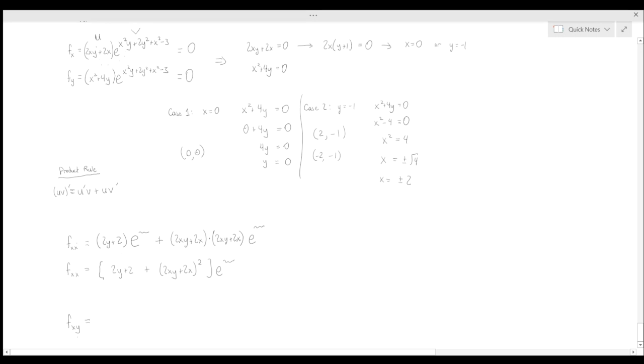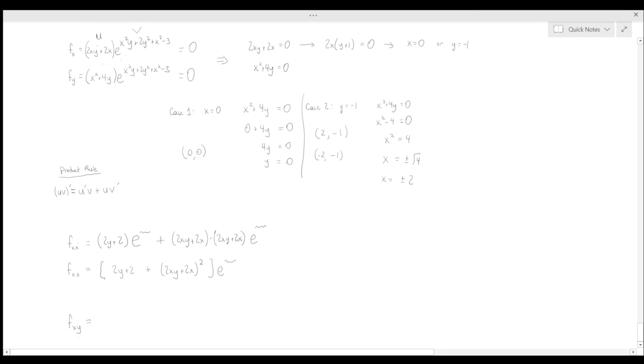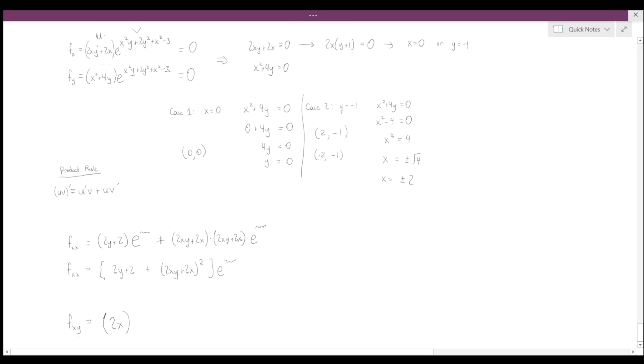We're going to do u prime, which is now going to be u, but with respect to y. Okay, so that's going to be 2x for u with respect to y. So that's my u prime. And then I'm going to do times v, so times the exponential,